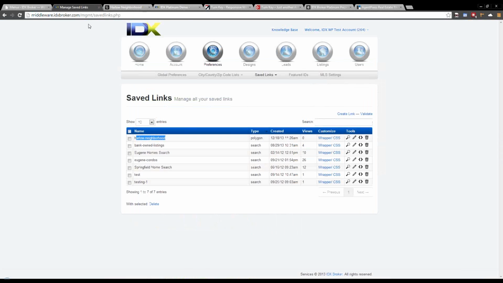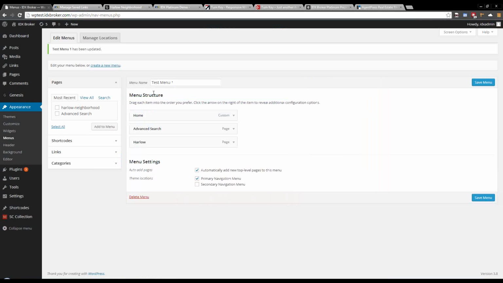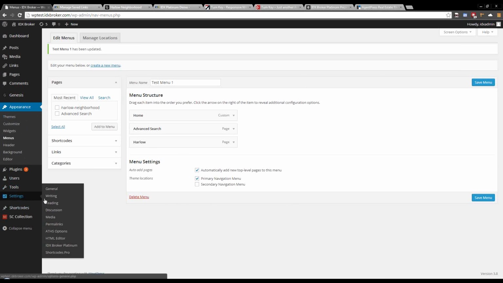One thing worth noting is that this isn't dynamically integrated just yet. Anytime you make a change to your navigation, if you don't have what's called the dynamic wrapper set up with IDX Broker, and when we initially set up your account, if you're not working with a designer, typically we set it up as a static wrapper. What that means is that if you go in here and you change your navigation around and add widgets, add navigation to the top, basically modify your site,